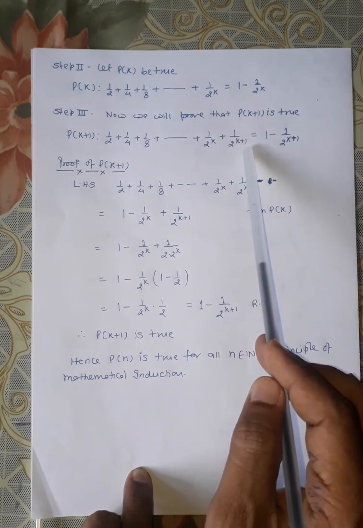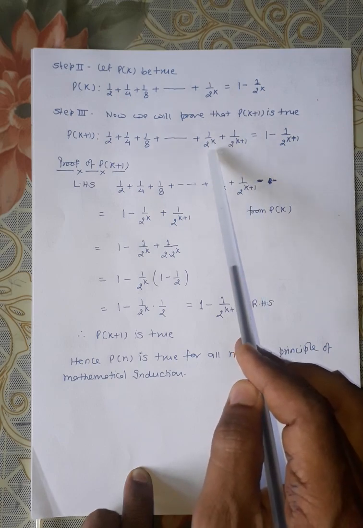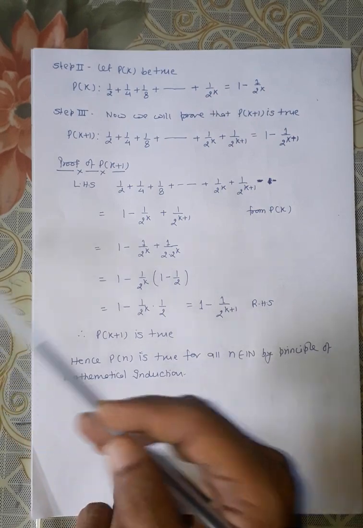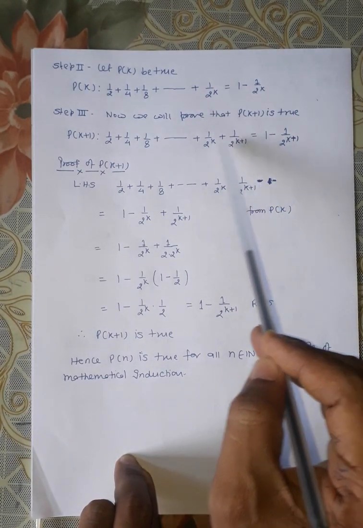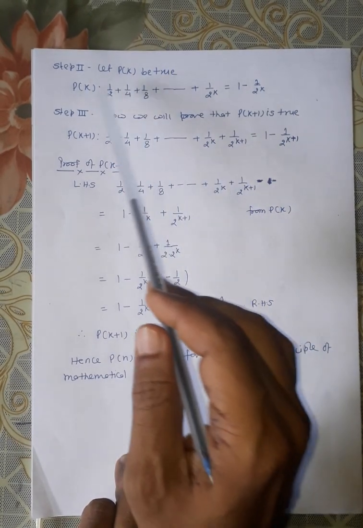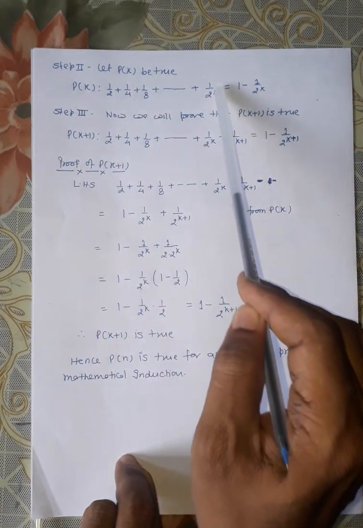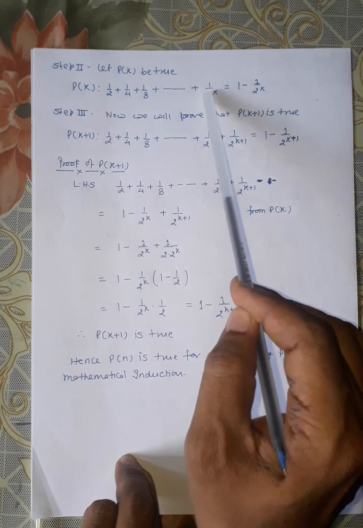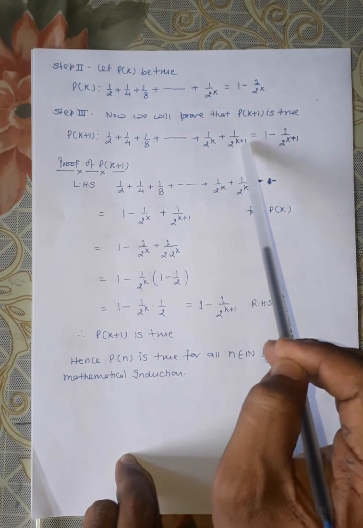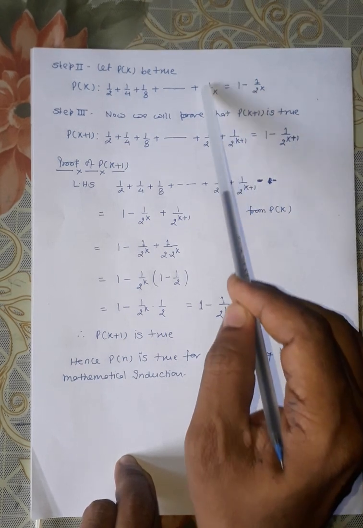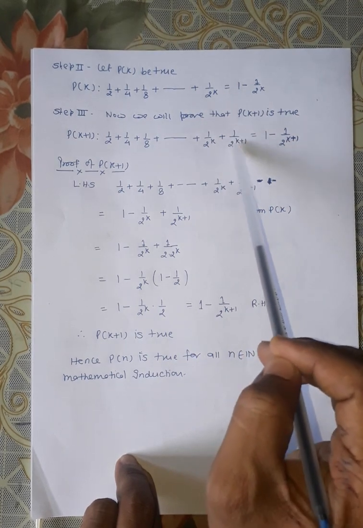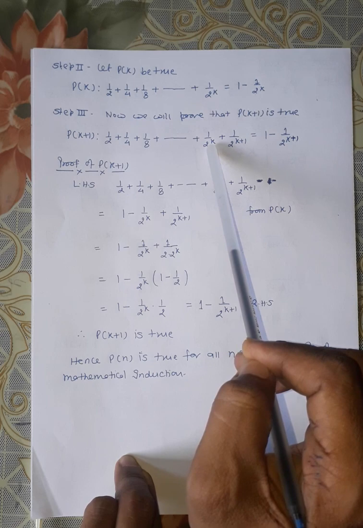Upon 2 to the power k plus 1, then its previous term will be 1 upon 2 to the power k. And I explained a few minutes before in my previous explanation that if you know what its previous term will be, then I suggest you take the last term of the left hand side of Pk and copy it before this term. This will be the previous term of this term. It will be profitable to you.